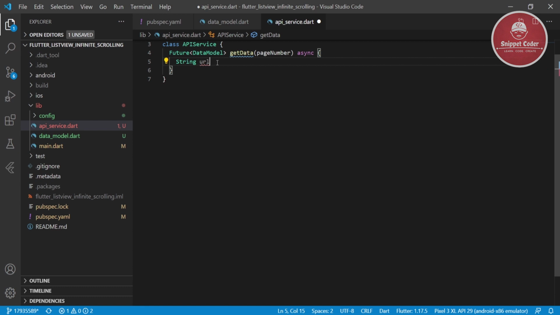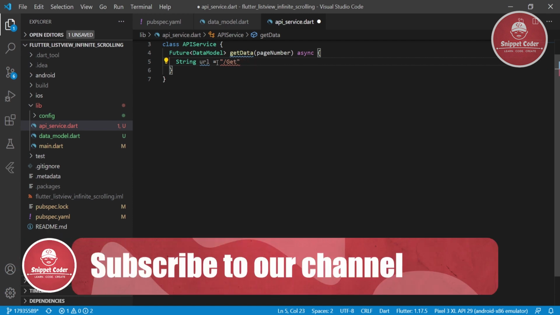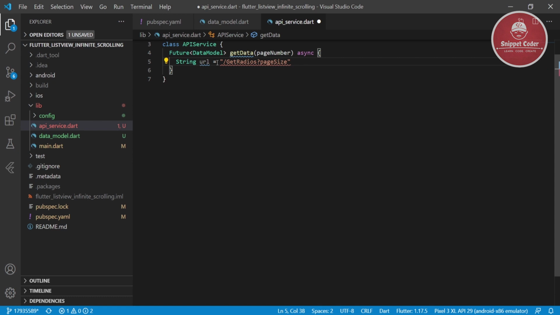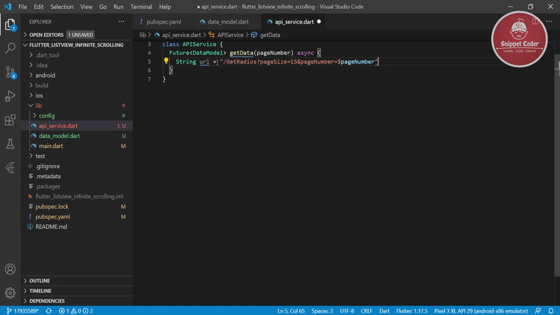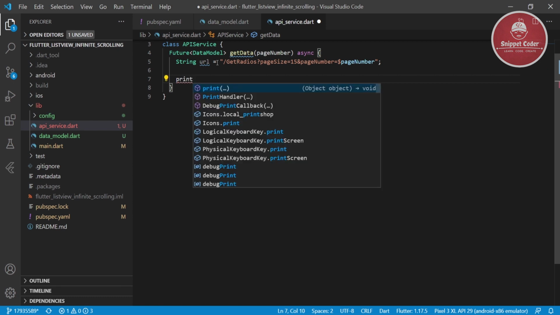We will create one variable of URL, and here we will pass page size. We are taking it as 15. Then we will pass page number equal to $ and then the page number variable, and here we will print that URL.